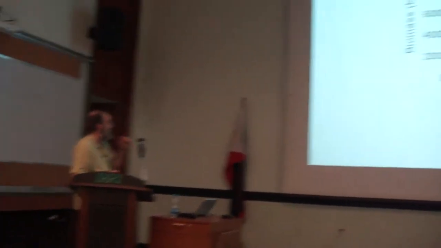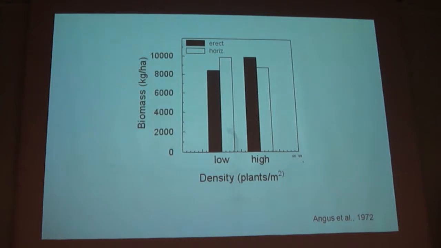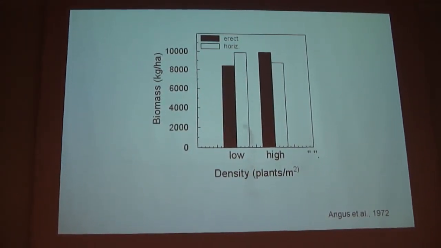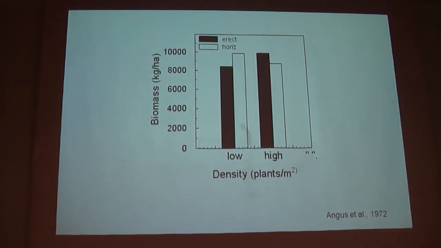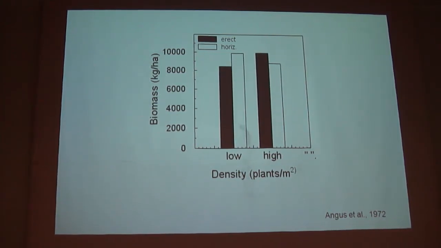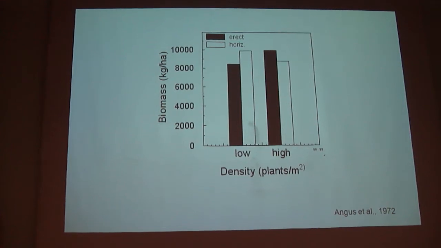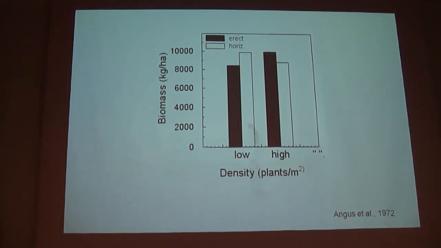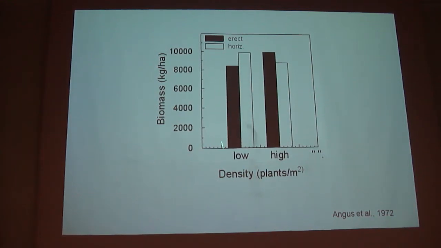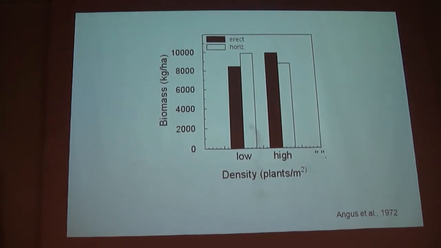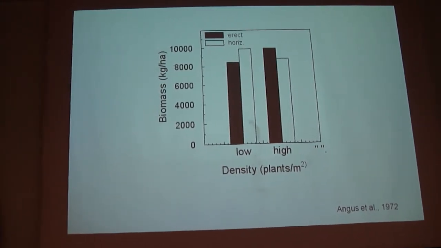So that's all theory, but here are some data. I don't actually remember what species this is for, maybe somebody knows, but this is a comparison, not for grain but for biomass, comparing erect and horizontal leafed genotypes at low and high density. At low density, consistent with the theory in the previous slide, the erect leaf actually produces less biomass, presumably because